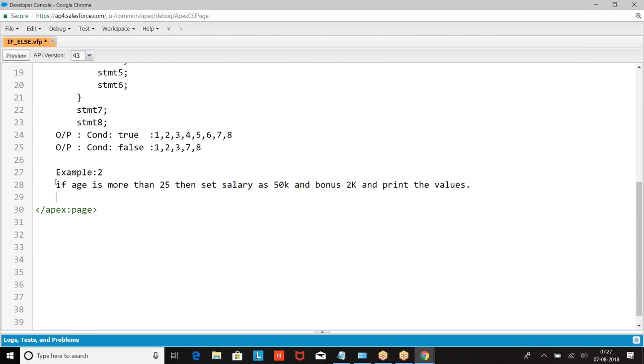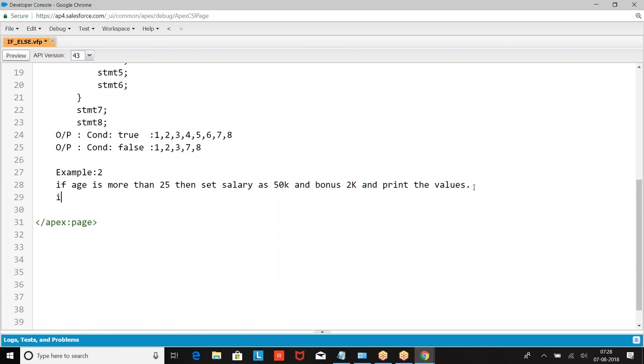Directly write the snippet. Don't create all the variables and stuff. Write the snippets.